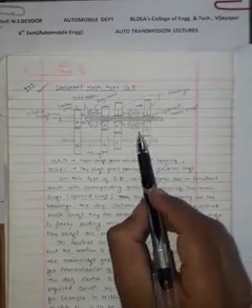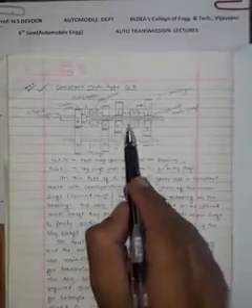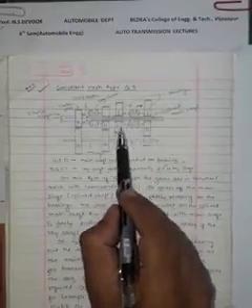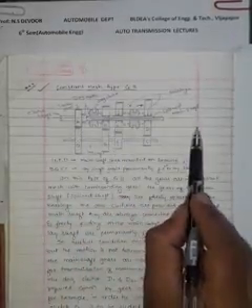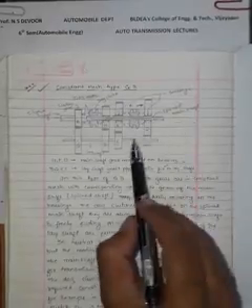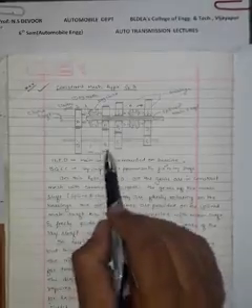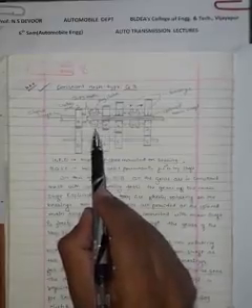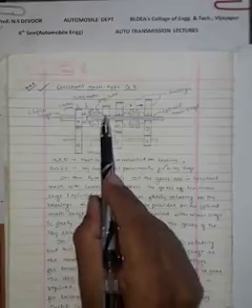Now similarly, let us go to the second gear, if you want to get the next higher torque. The same dog clutch you slide in the opposite direction, engaging with F. When it engages with F, the power flows A to B, B to E, E to F, and goes to the output. Next, this is about the second gear. Now you want to obtain the third gear. If you want to obtain the third gear, slide in this direction. Now the dog clutch will engage with gear H. H will be locked to the shaft.